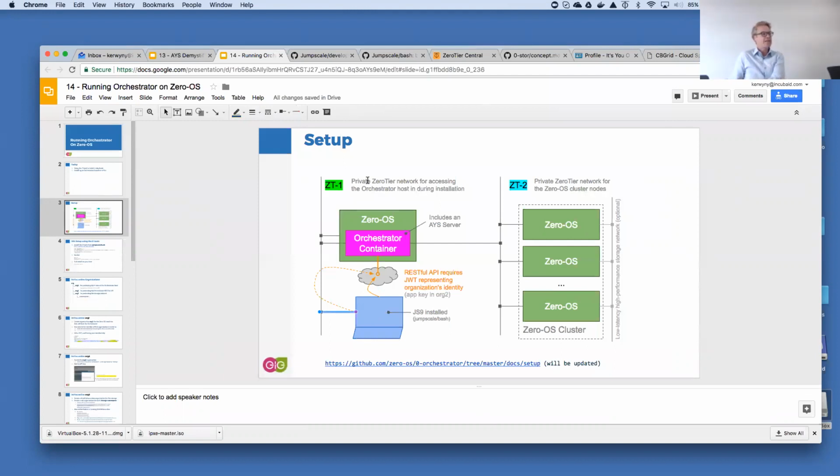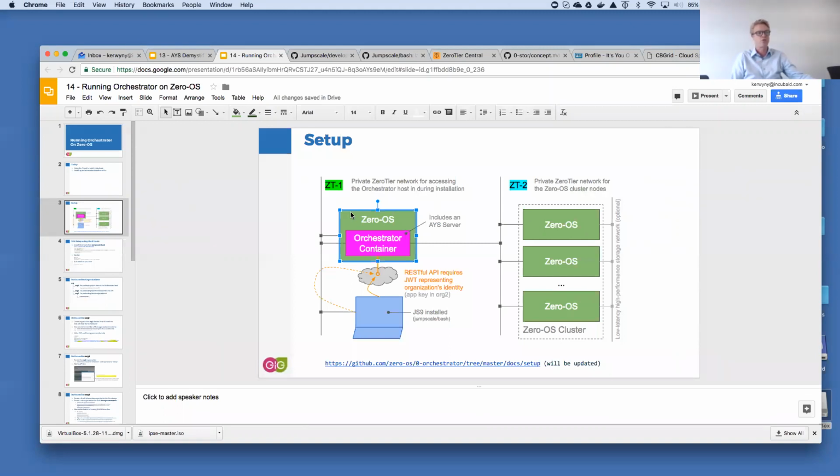Now, the next thing is that we make sure that we have somewhere a ZeroOS machine running. This ZeroOS machine could be a virtual machine on VirtualBox. It could be a physical machine. It could be anything basically, as long as it's ZeroOS running somewhere. As you will see in the slides, in order to install a ZeroOS, you always need a ZeroOS image.